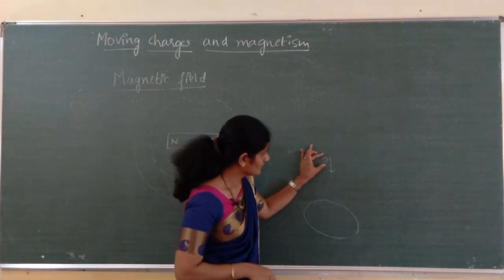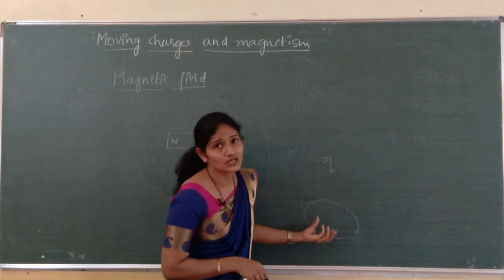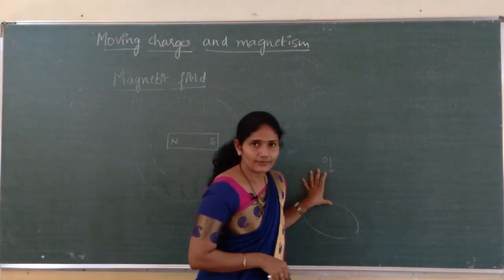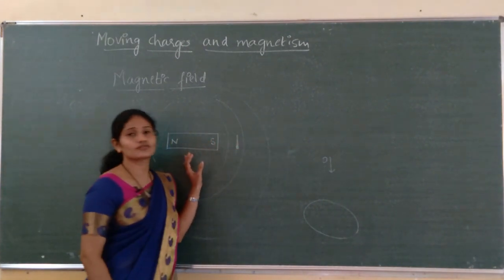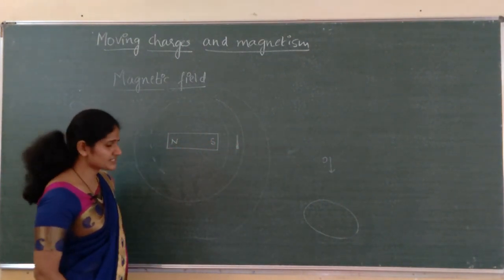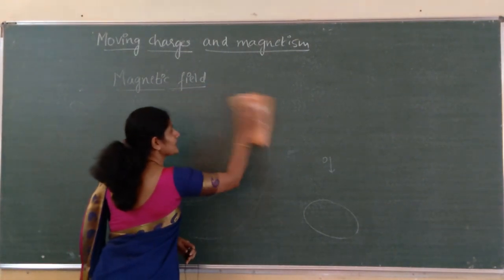Here this mass is attracted towards the Earth because of the gravitational field. So this is about the gravitational field and the electric field. Like electric field, here we have magnetic field. Let us see what the properties of this magnetic field are